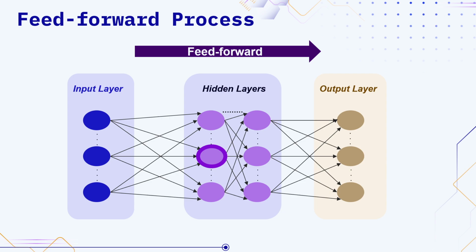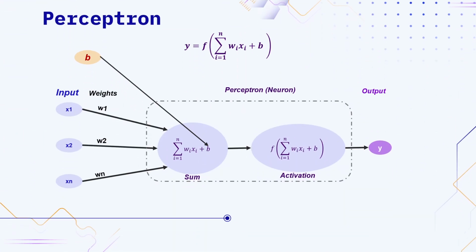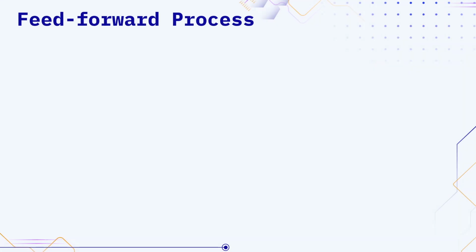Now, the feed-forward process is the first step in training a neural network. Input data passes through each layer from input to output, with each layer applying weights, biases, and an activation function. The computation for each layer is as we've mentioned before. Now, we can make a general form for the whole network using the following equations, where